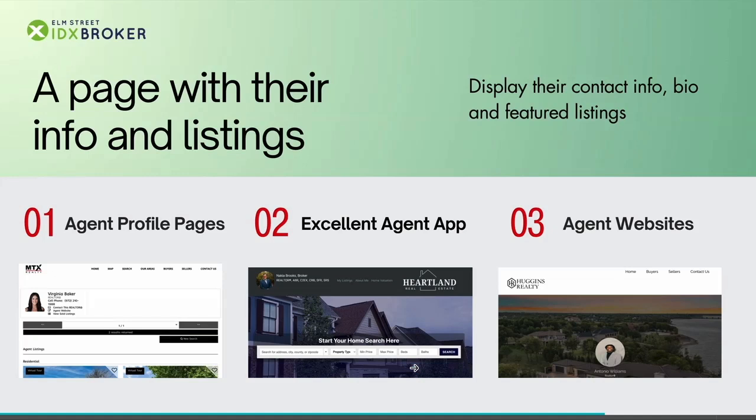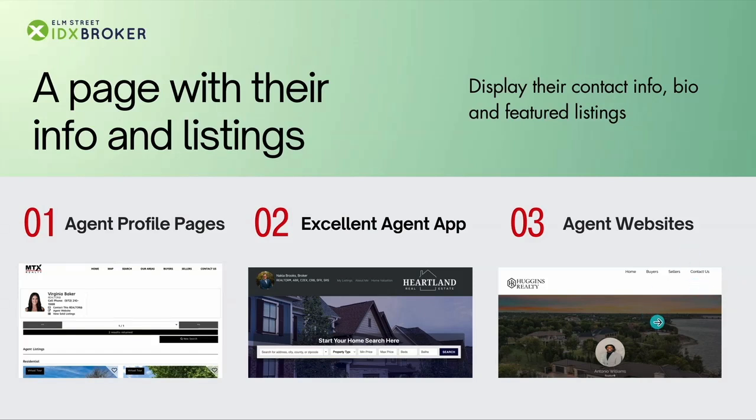but they will also have the option here to search throughout the whole MLS. And for option number three, we have agent websites. These agent websites are not pages on the main office website. They're actually just websites on their own. However, they are using a subdomain. So for example,